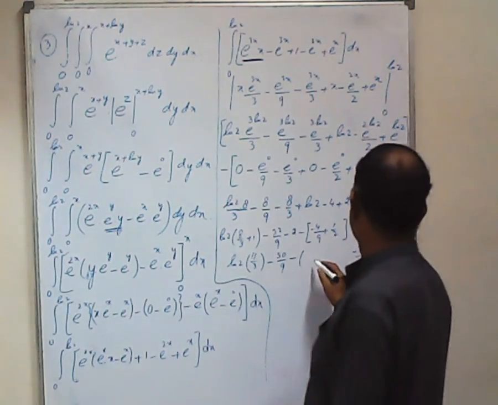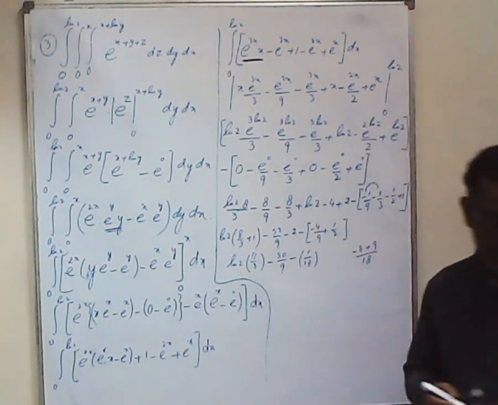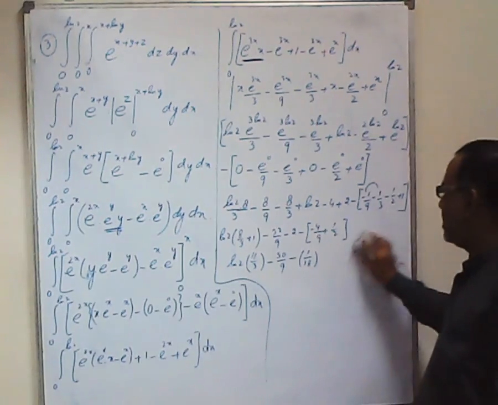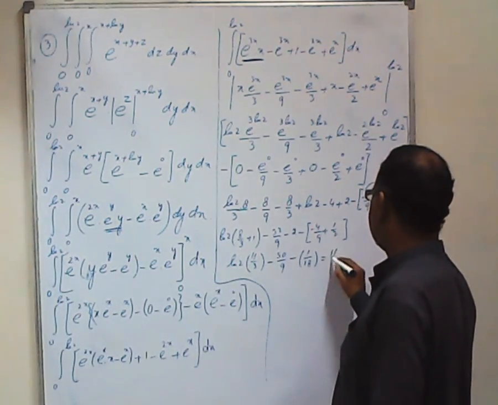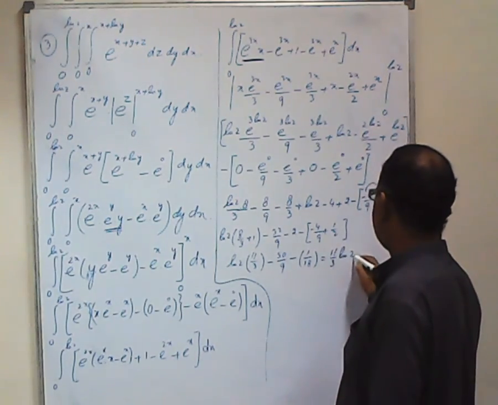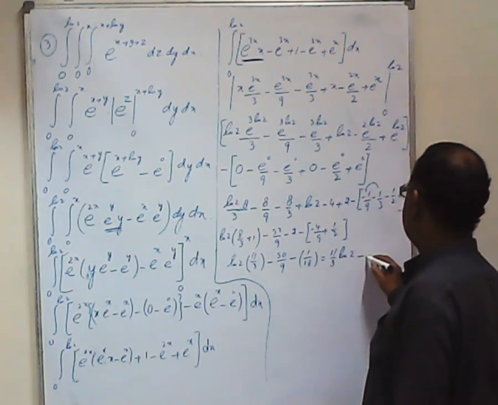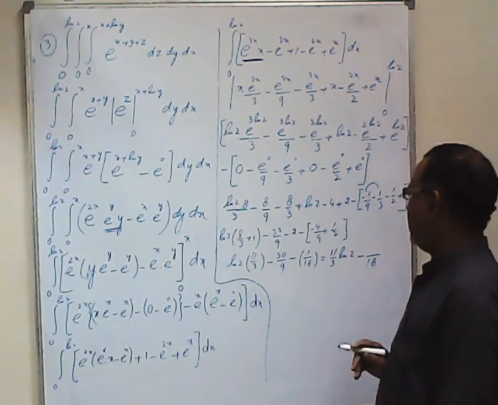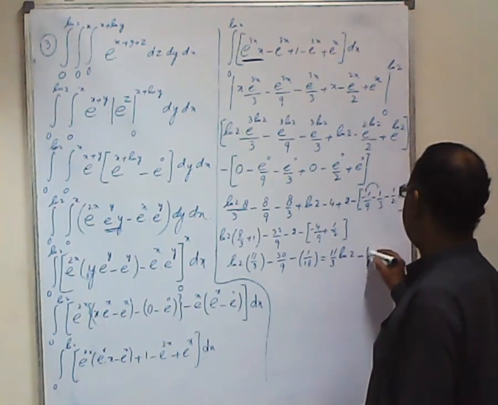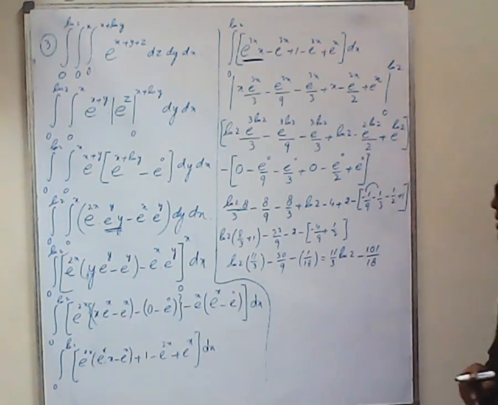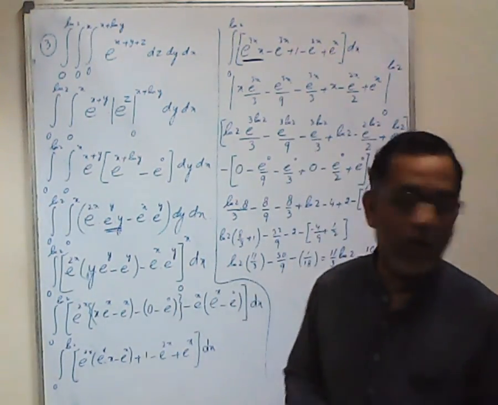So plus 9 minus 8, 1 upon 18. Now we have only two numbers to be added. So this is equal to 11 by 3 log 2 minus 50 over 9 minus 1 over 18, so minus 100 minus 1 over 18. So this is 11 by 3 minus 8 upon 3 log 2 minus,